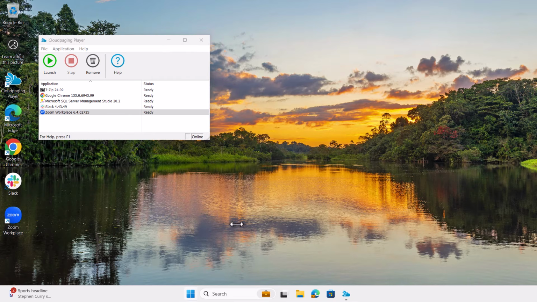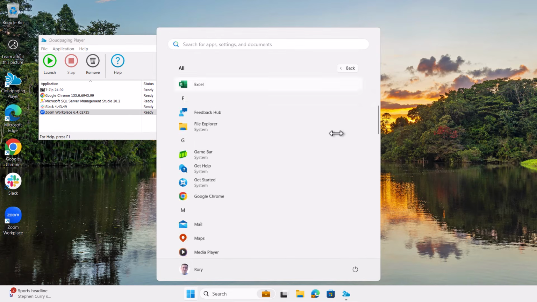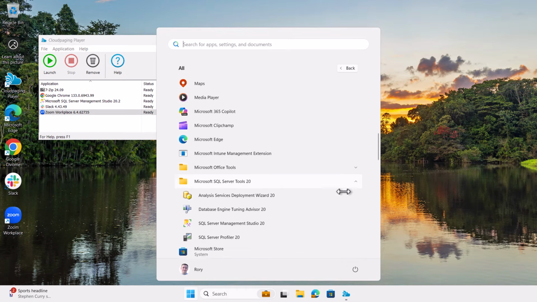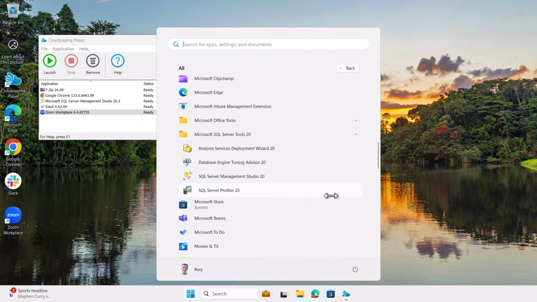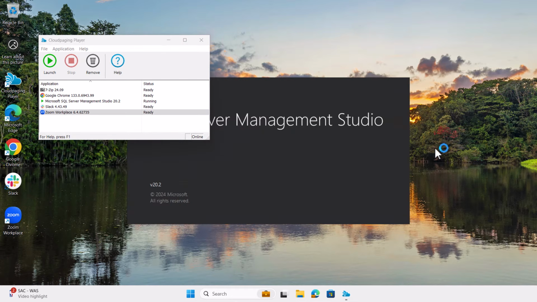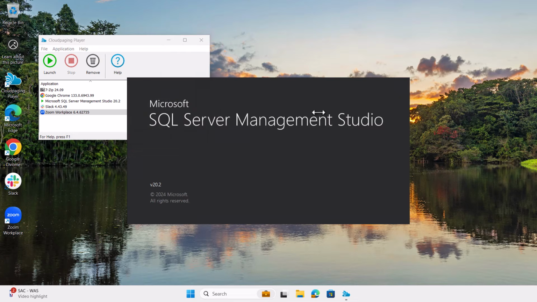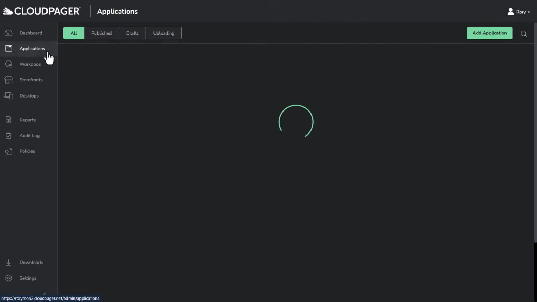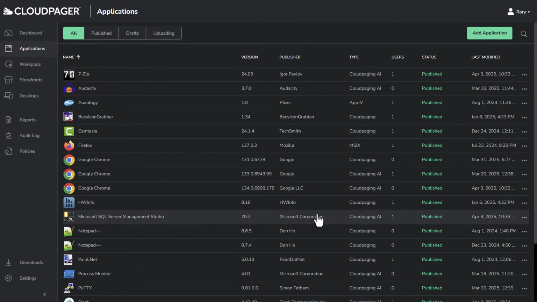Of course, 7-Zip is a relatively small application. We also selected SQL Management Studio, which is quite large. I will launch this application, and just like the native install, the first launch will take a moment. Unlike with the native installs, however, this initial slowness does not have to be experienced by every employee using the newly delivered application. If we look at this application back in Cloudpager, we can see there is an option toggled